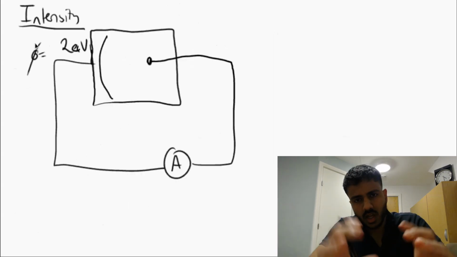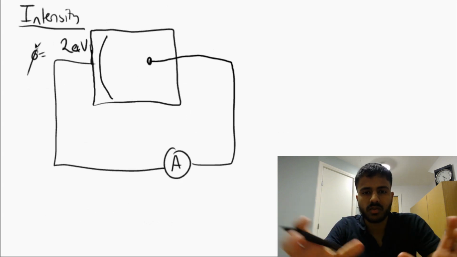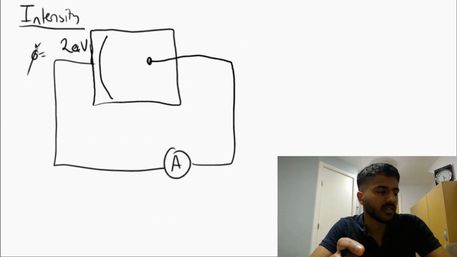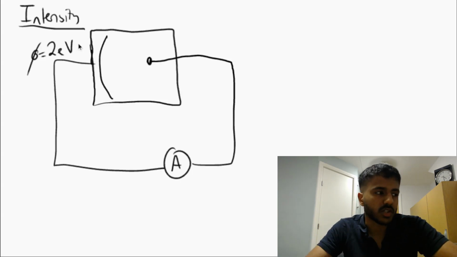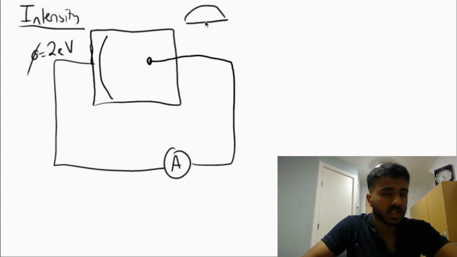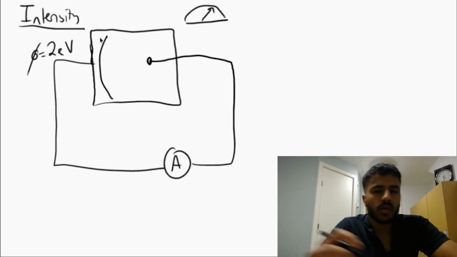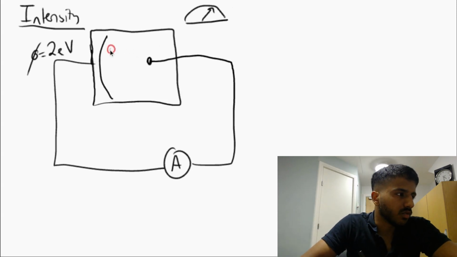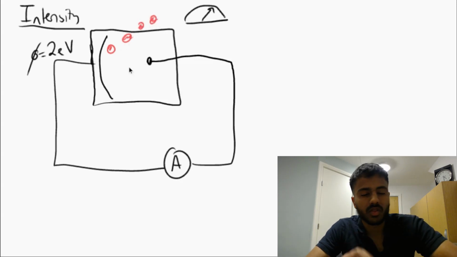So let's look at a slightly different setup now, away from stopping potential. And instead of having a battery, I just have a normal wire and just an ammeter measuring the current. We are told that the work function of this metal surface is 2 electron volts. And once again, I have this photon generator that has a range of frequency values. Now, if I set the frequency of this photon generator such that red colored photons are incident on this surface,